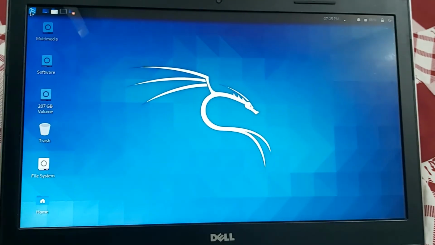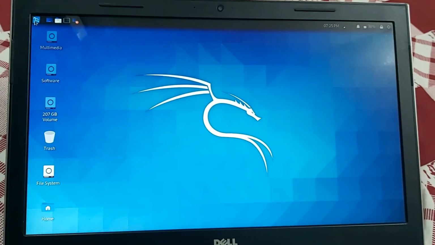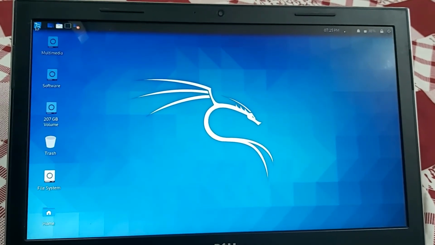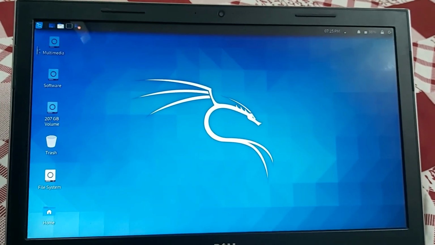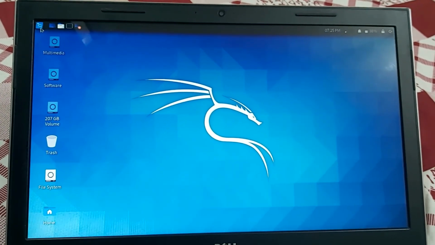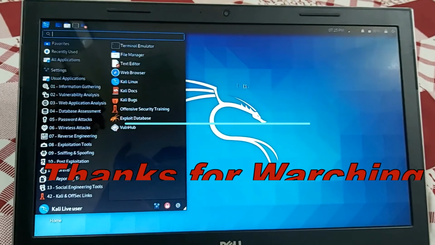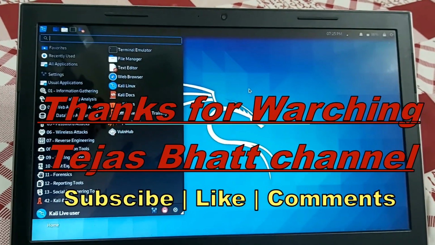Now see here, Kali Linux is loaded, with drives and everything here. So that's it, we installed Kali Linux on a USB drive.